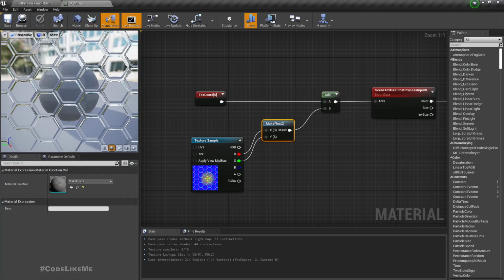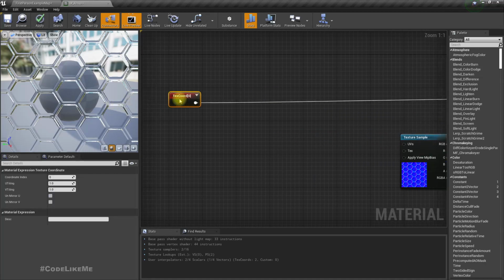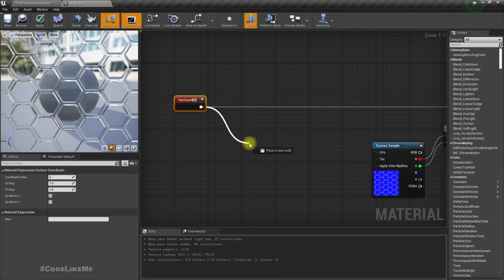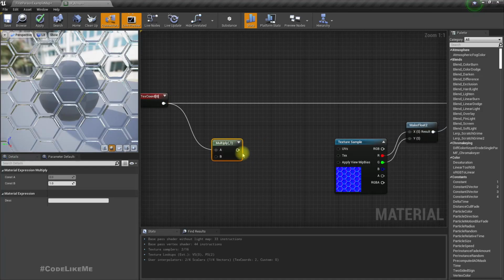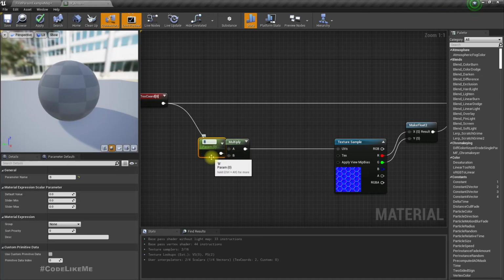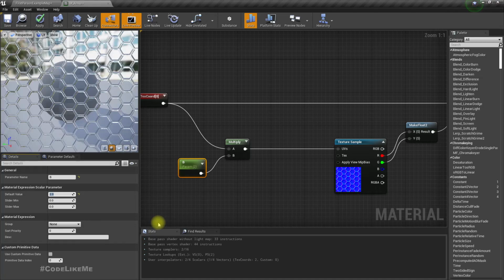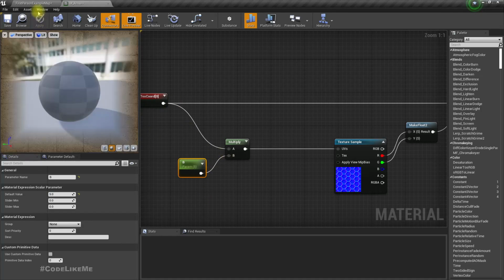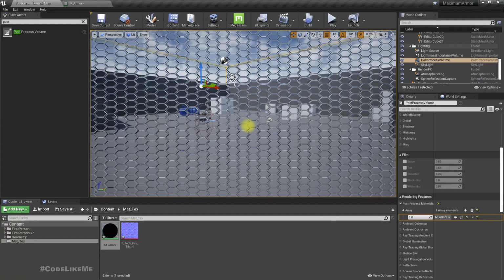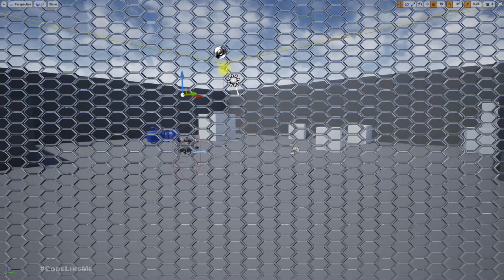So how to fix that? Here let's multiply this with some parameter. If I promote this to a parameter, if it is 0, this becomes 0 and your effect is not visible. If it is 1, it is like this. If it is 2, it is like this. If I make it 5, it would be like this. And if I apply and go here, you can see the effect throughout the whole screen, but still you can see this is not